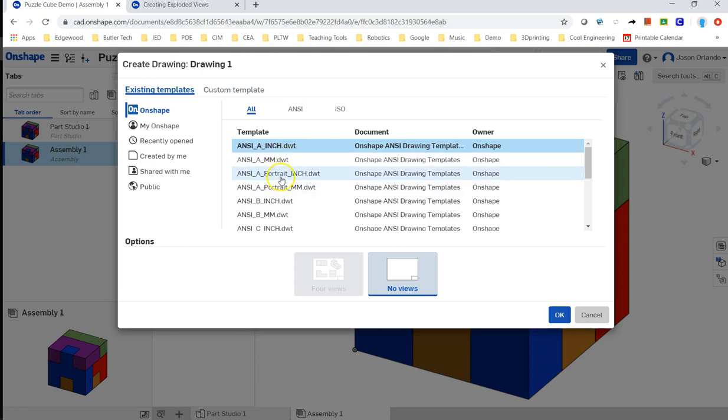Portrait, I assume, is, like landscape first portrait. So we're going to use the portrait one. So that's it. This is not selectable for me, so I don't know if that's just a feature of our free education version. So we'll place our views and do our projected views as well ourselves. So I'm going to click OK,